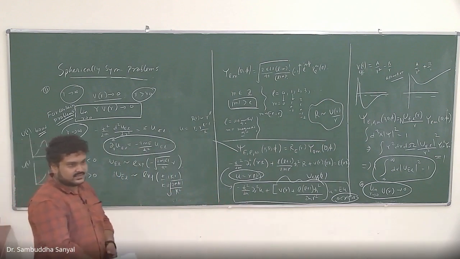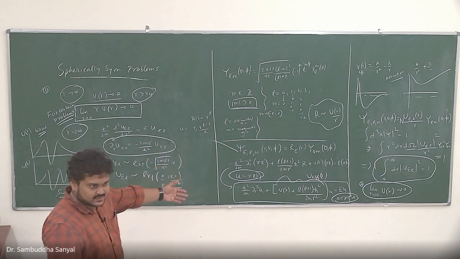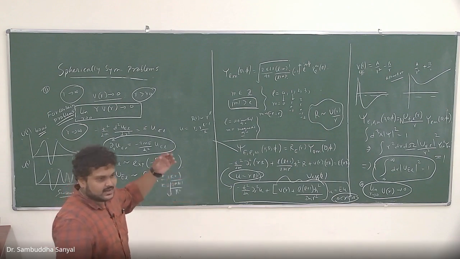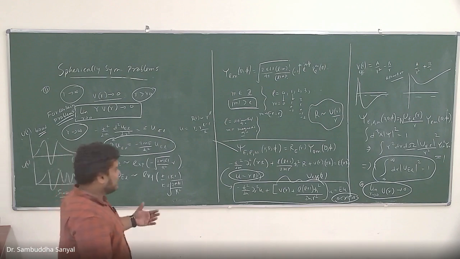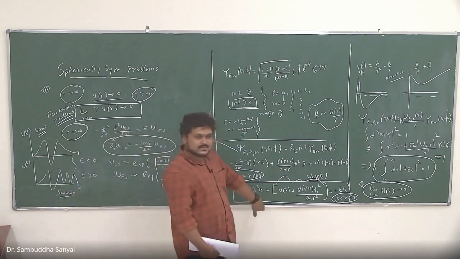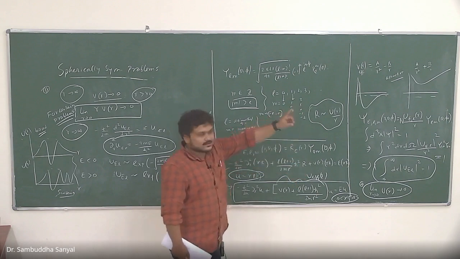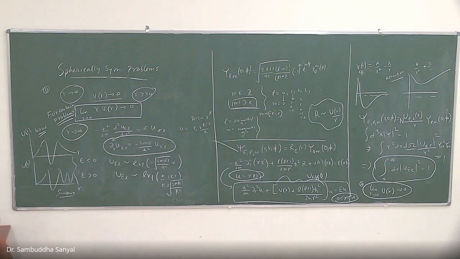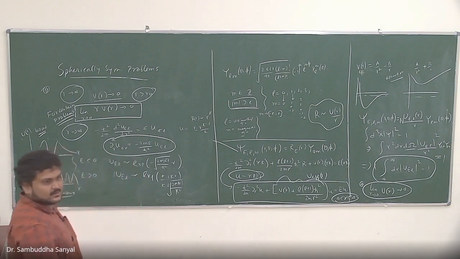So is that your question? That u is not a physical object, R is the physical object, so why am I setting the boundary condition in terms of u, and what does it imply for R? The answer is this: since my differential equation is in terms of u, I am stating it in terms of u, but it implies that R also goes to 0 at the origin. And why it must be is because of the centrifugal term. The centrifugal term makes it very difficult for the particle to collapse at the origin. Okay?